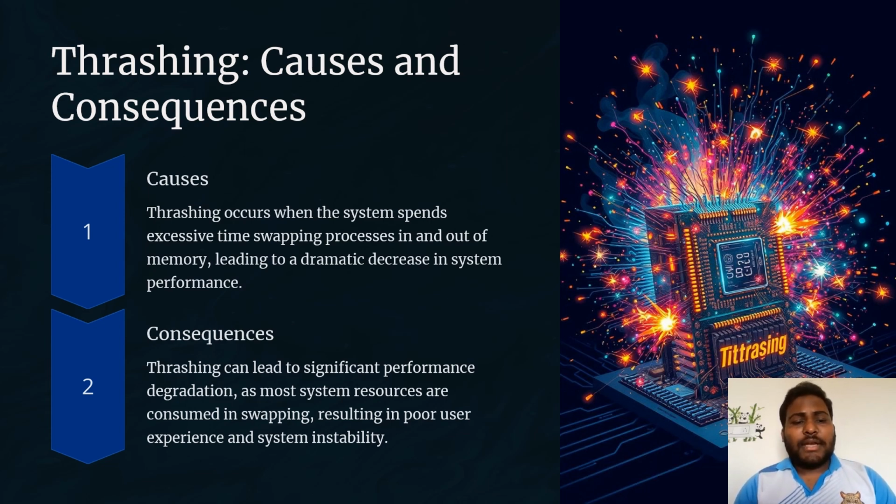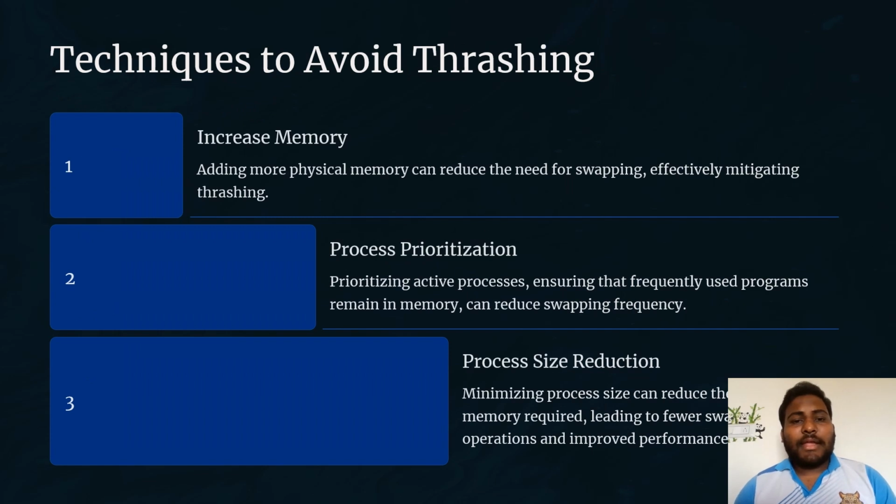Here, the consequences of thrashing lead to performance degradation, as said before. Most system resources are consumed in swapping, resulting in a poor experience and system instability, consuming more time and resources of the system. Technically, to avoid thrashing, increase the memory by adding more physical memory, reducing the need for swapping effectively and mitigating the thrashing. Using only the tabs we require, not unnecessarily opening tabs, may reduce this thrashing,